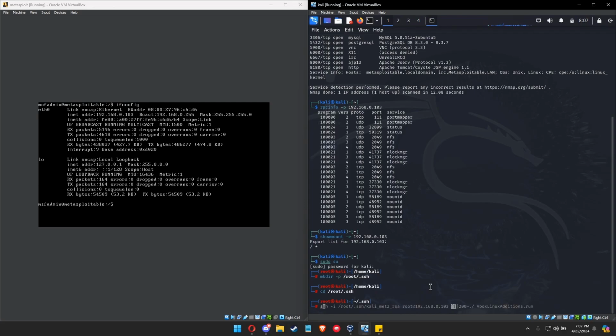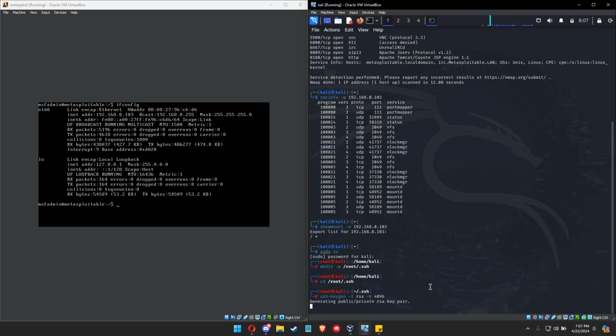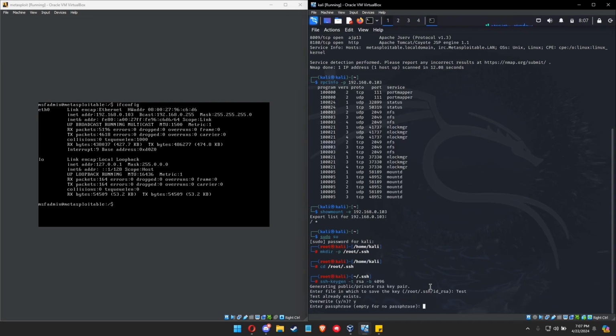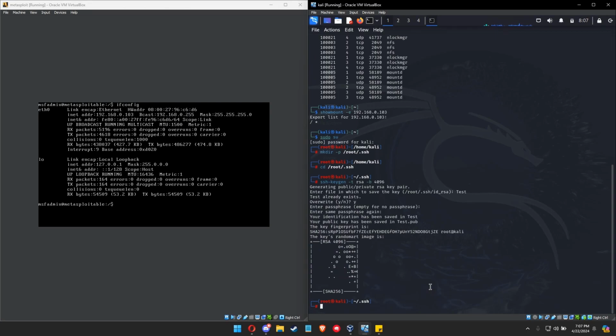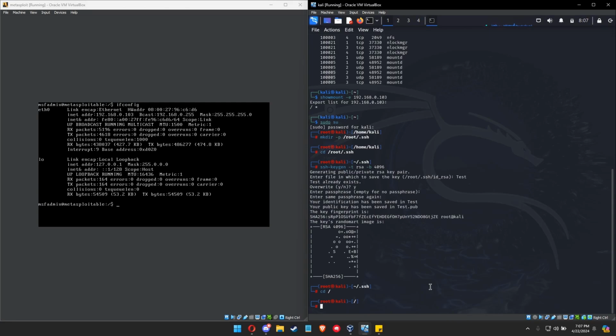So to do that, we'll do ssh-keygen -t rsa -b 4096. There you go. Give it a name. We will name it something basic like test. And we will not put a passphrase. And there you go. Once we've done that, we go back into root, and we'll now try to mount into